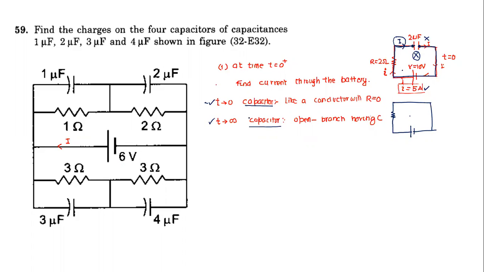Ashray, what is the purpose of this assumption? Can you tell me again? Sir, to eliminate the capacitor. To eliminate the capacitor. In between I have to use the formula. But for time t equal to 0 and time t equal to infinity, based on the behavior of the capacitor, I find an equivalent circuit, only for the purpose of finding current. I will end up with a circuit which doesn't have a capacitor. So is this point clear?